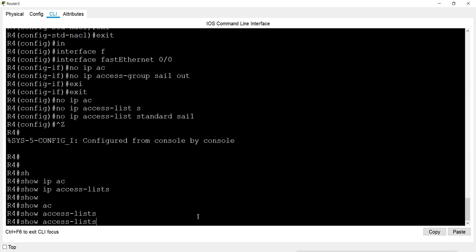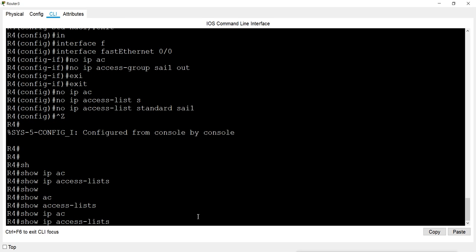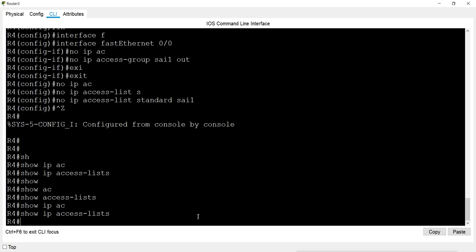Now if you want to see only the lists related to the IP protocol, then you give show ip access-lists. It shows only the IP protocol access lists. Now we have created the list only for IP, so we give the command show ip access-lists.